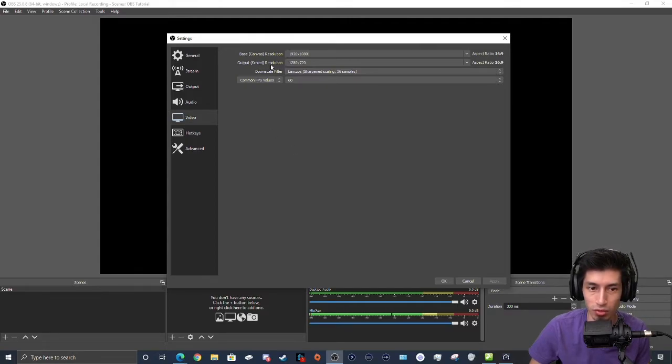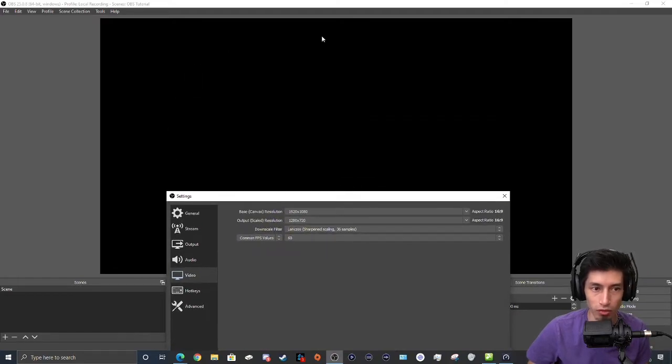Next, output scaled resolution. So this is going to be the resolution of what you are outputting to stream, to YouTube, to whatever it is you're putting. So you have your canvas, the same aspect ratio as the output scaled. That's going to be kind of important, so that way everything is 1-to-1, but you'll just have a little bit easier time to